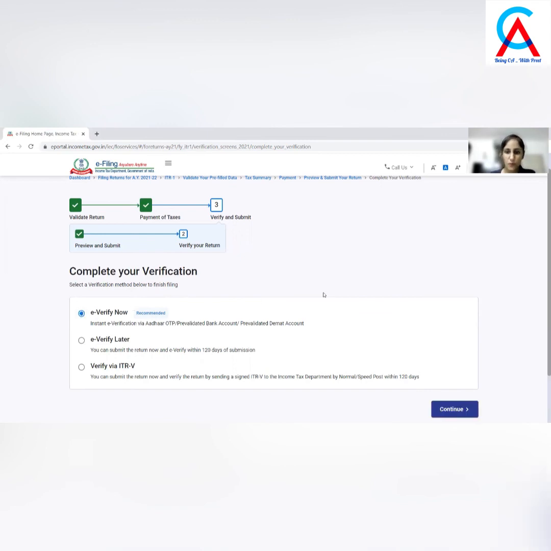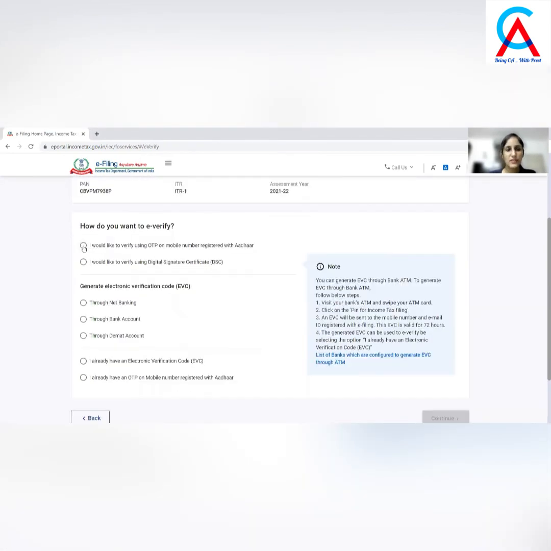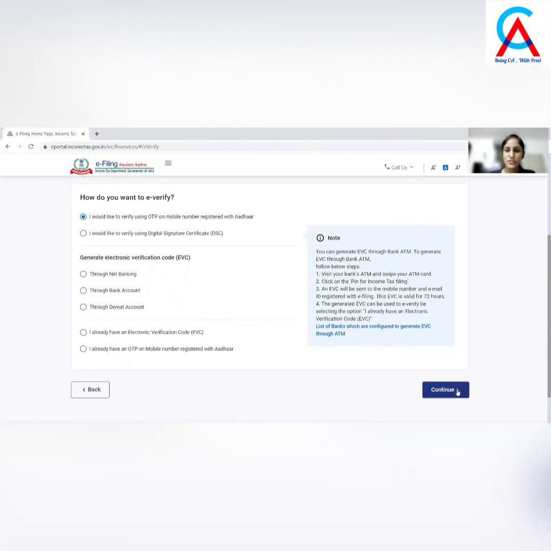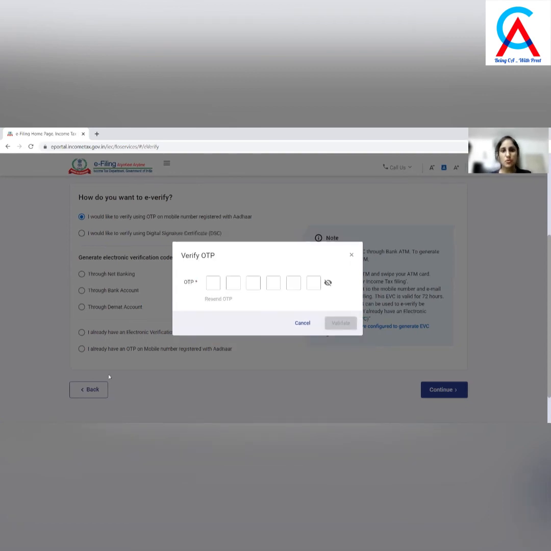Selecting e-verify now, and then I have clicked on continue. Now you have to select the e-verify mode. Like here I am selecting using OTP on mobile number registered with Aadhaar. And using that OTP, you can e-verify your return and submit it. So now I'll click on continue button. Then you have to click on this checkbox and generate our Aadhaar OTP, and then just enter that OTP and